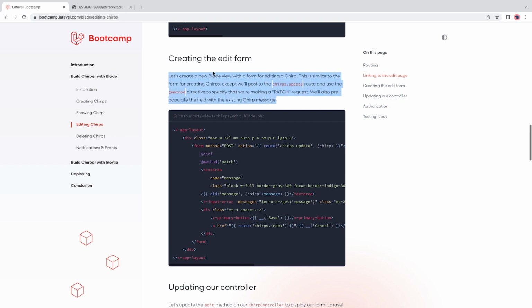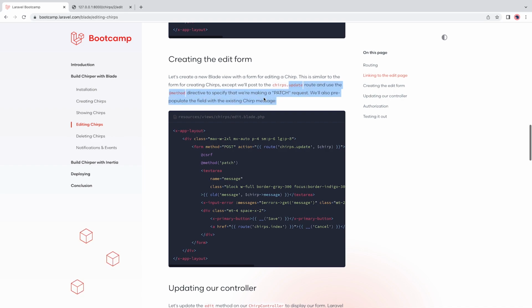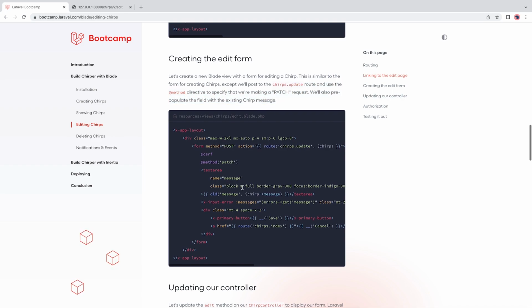Let's create a new blade file with a form for editing a chirp. This is similar to the form for creating chirps, except we'll post to the chirps update route and use the patch method directive to specify that we're making a patch request. We'll also pre-populate the field with the existing chirp message. So basically, an